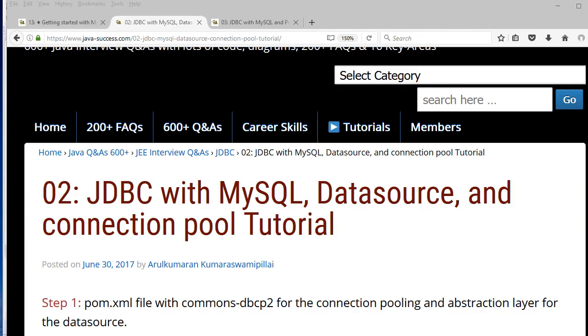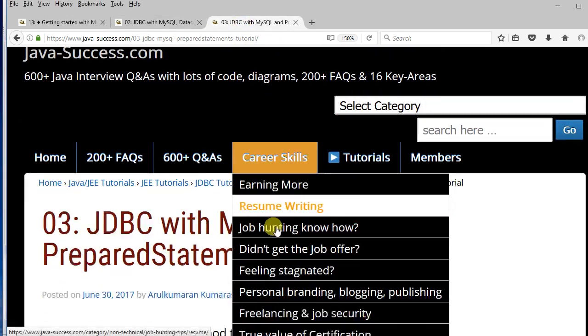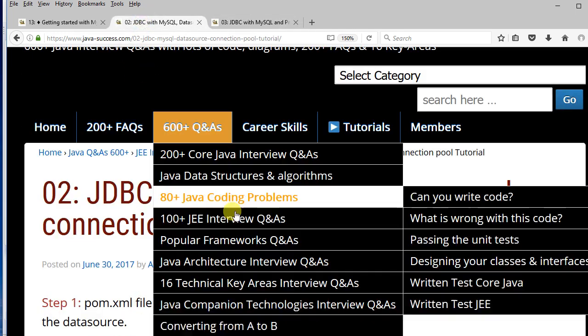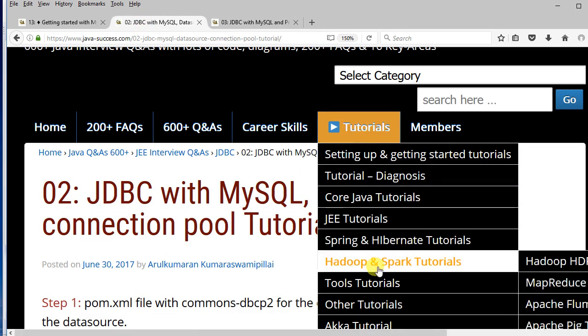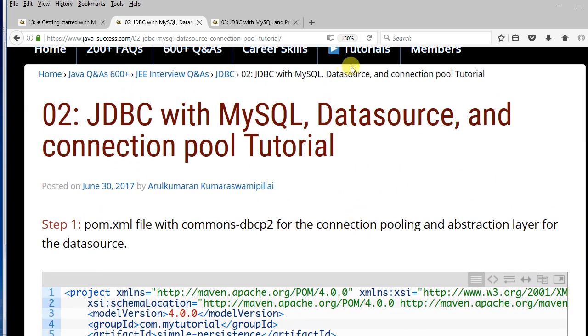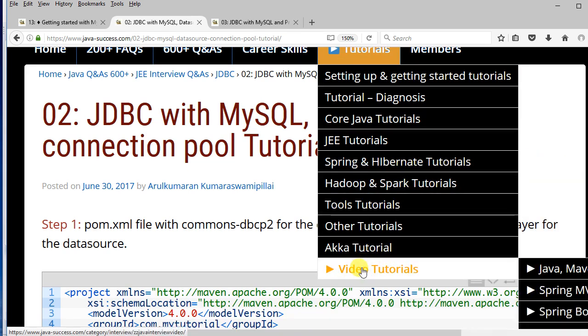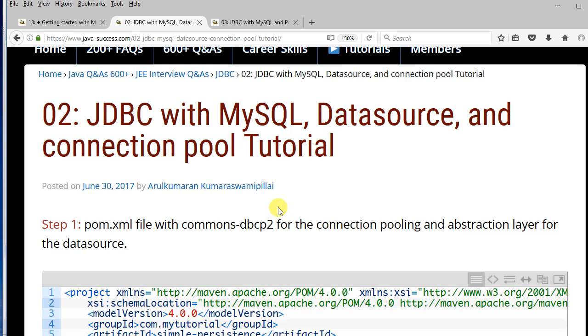In this JDBC tutorial, I'm going to extend what we have discussed in the previous tutorials with data source, connection pool, and prepared statement. And we will also insert some records into the MySQL database. So this assumes that you have already gone through the other video tutorials that cover installing Maven, Eclipse, Java, and also MySQL. So once you have got all these set up, MySQL, Eclipse, Java, and Maven, then you can proceed